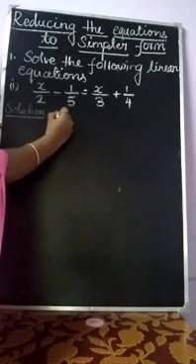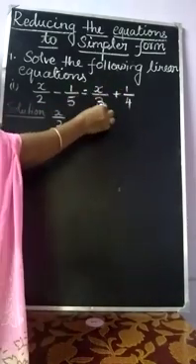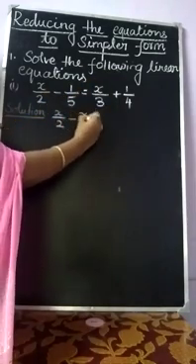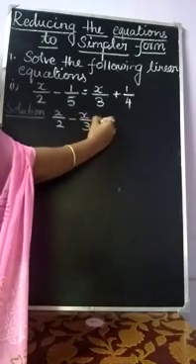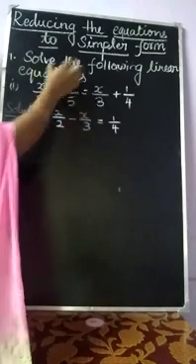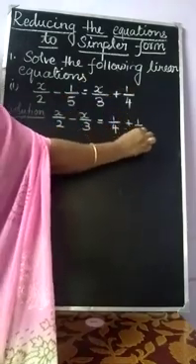Okay, first we have to take x by 2 value, LHS value. Now transposing the x by 3 value to LHS. So the symbol also automatically changed, minus x by 3. What is our RHS value? Already we are having 1 by 4. Now we have to move the minus 1 by 5 value to RHS, so that is plus 1 by 5.